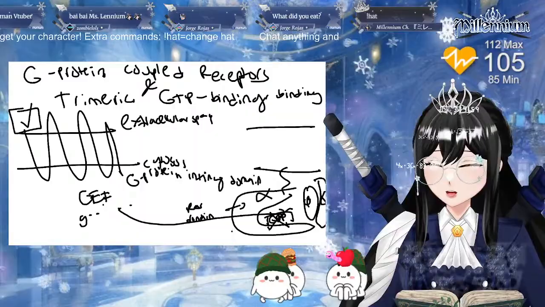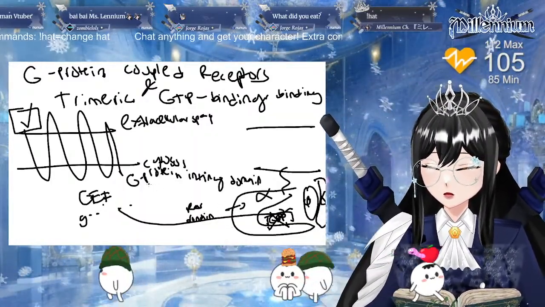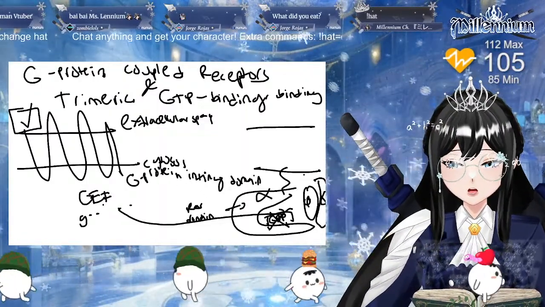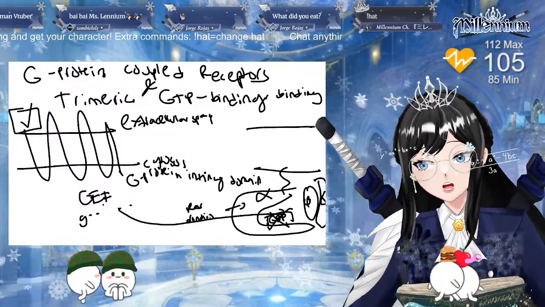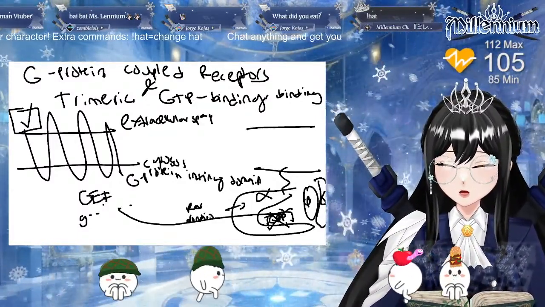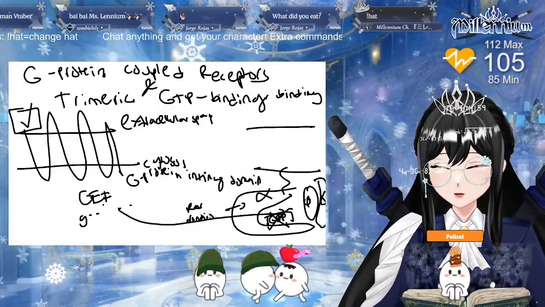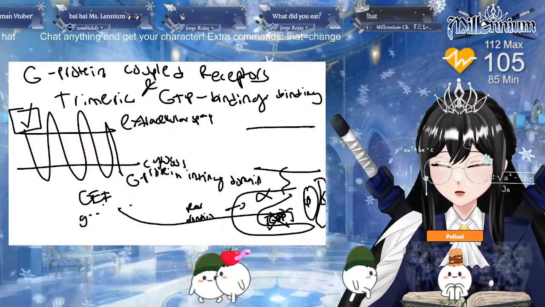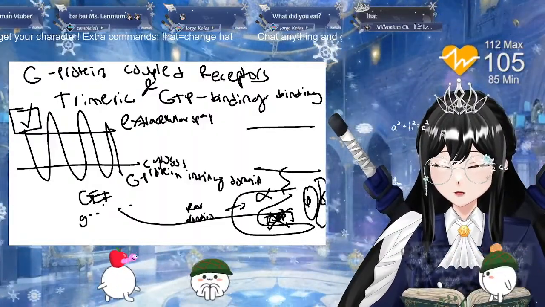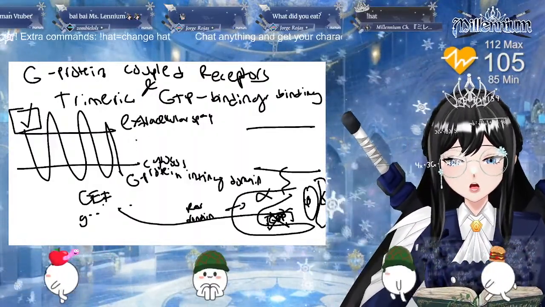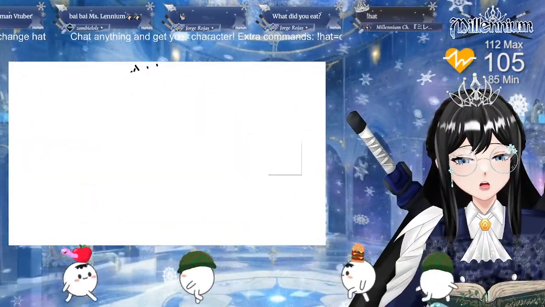And after that happens, the alpha subunit will then activate another thing that's over here at the right side, something called your adenylyl cyclase. Alright? So GTP causes G alpha to dissociate from the beta and gamma. The G alpha and beta and gamma would then activate the different receptors.